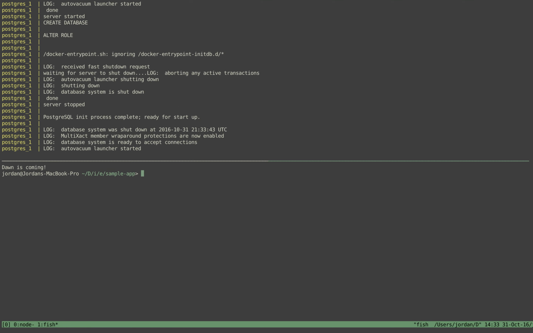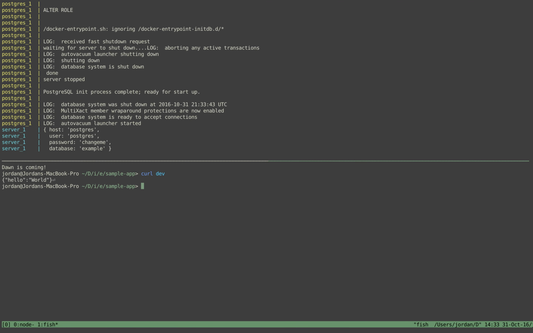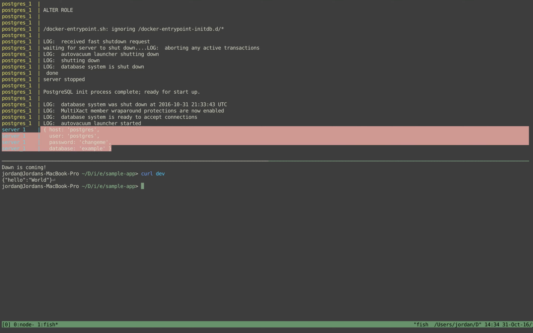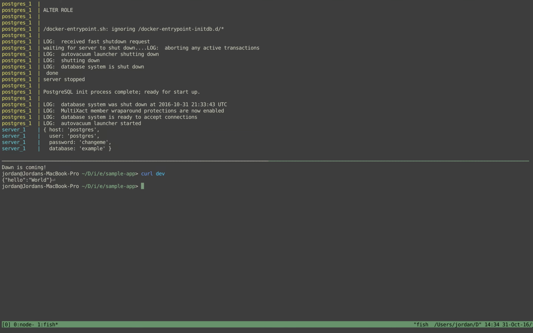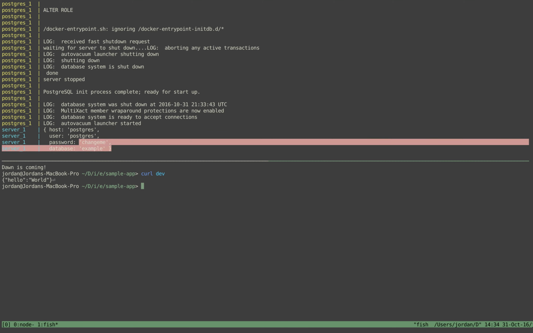And our application is up. Curl at dev, just 80, so we can leave it off. And here we can see we've logged those environment variables that were set in the compose file, all right there. And those happen to be what the database needs for our application to connect. Postgres, our code, sharing our code from the outside to the inside. Everything's set up, and it's just docker compose up. Okay,